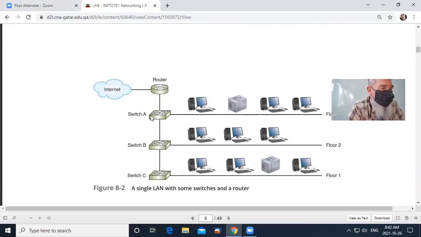Now, because we're not looking at particular organizational structure so much, maybe we've assumed that each floor represents a part of the organization, which is self-contained. So maybe floor 1 is accounting, maybe floor 2 is sales, maybe floor 3 is engineering. Maybe it could be something like that.